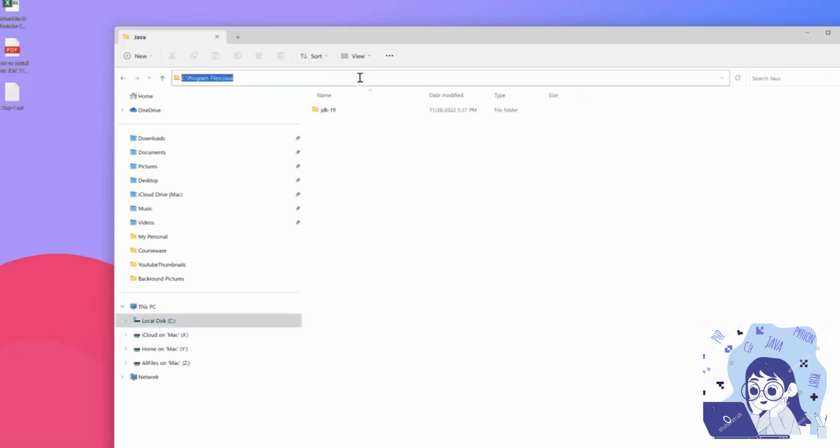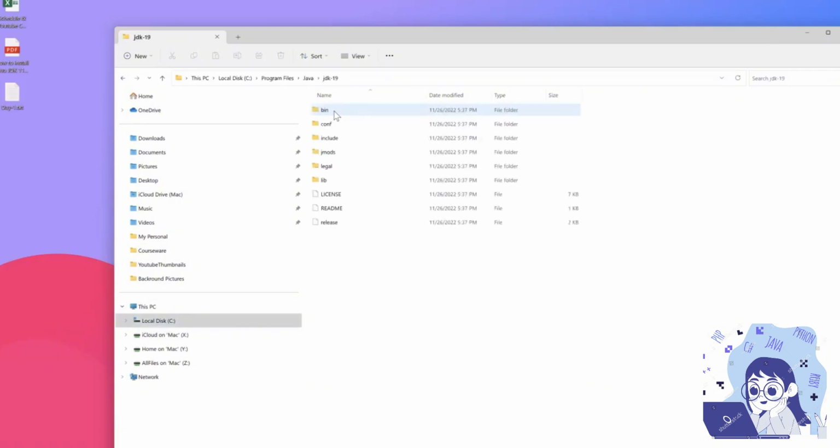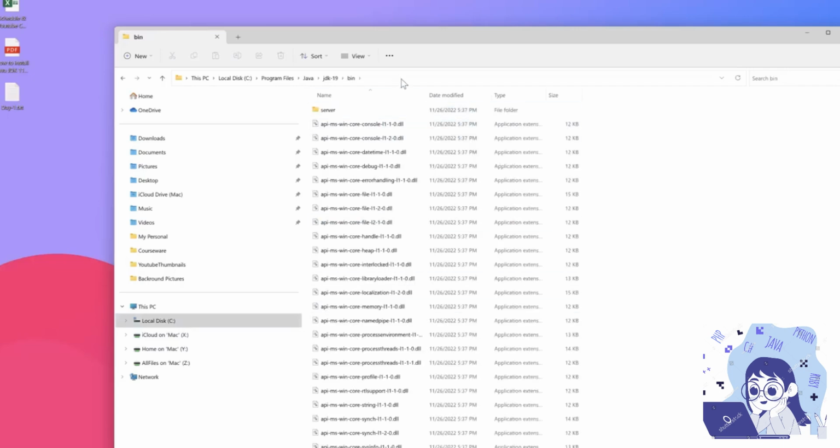Now we have to go inside this JDK and go inside this bin folder. This is the complete path of Java, till the bin folder. Bin is nothing but binaries. All Java based binaries are available. You have to capture this entire path, copy this path,